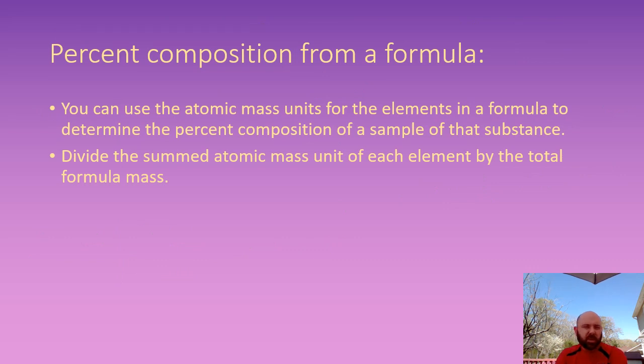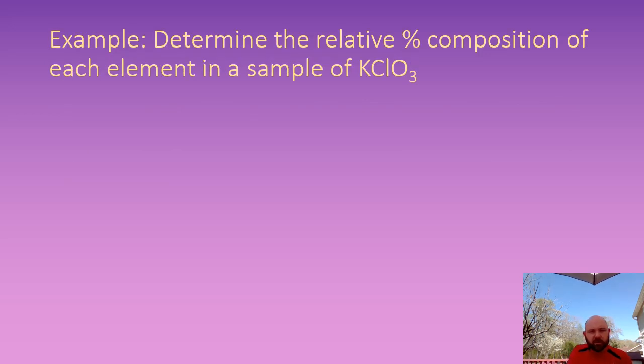So sometimes we are given just the chemical formula and asked to determine the percent composition based on that. One of the good things about the atomic mass unit is that it is a standardized mass, meaning we can essentially treat it like grams when given a formula and asked to find the percent composition. We can see some examples of this on the next couple of slides. So we have our first example of this on this slide. We're asked to determine the relative percent composition of each element in a sample of